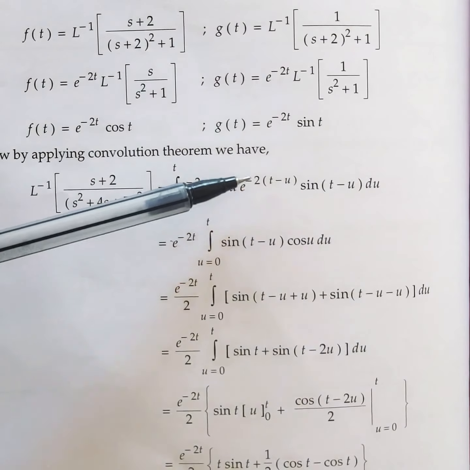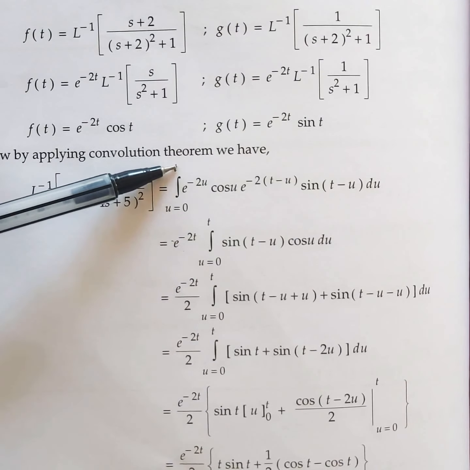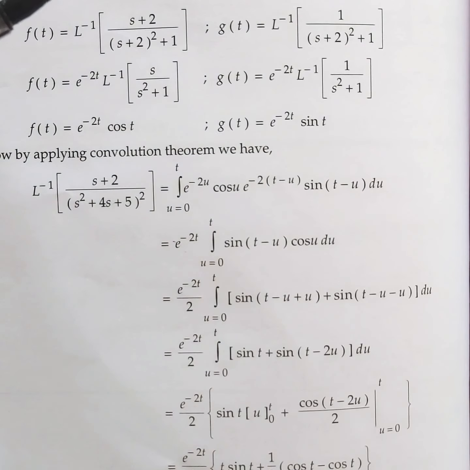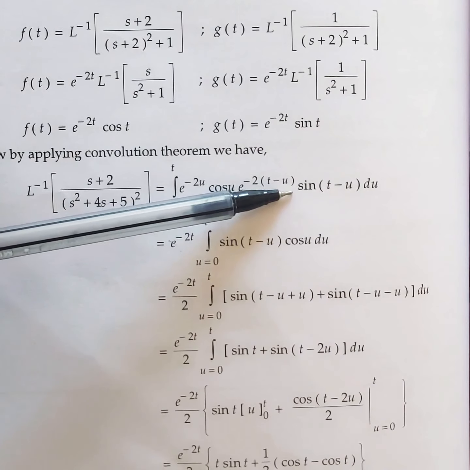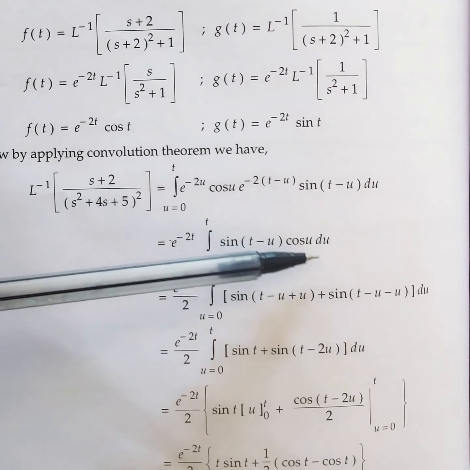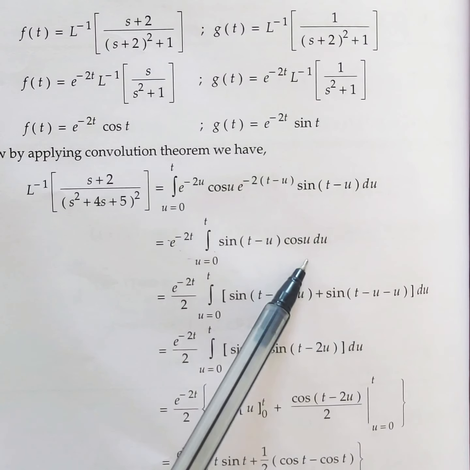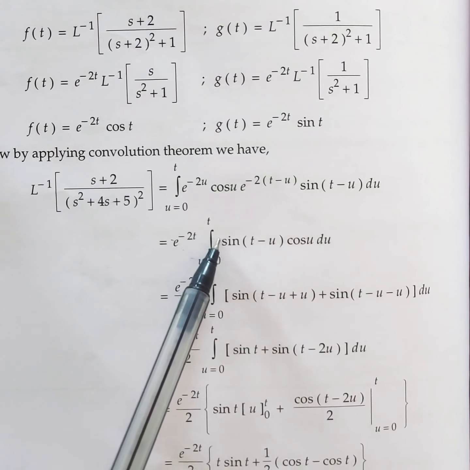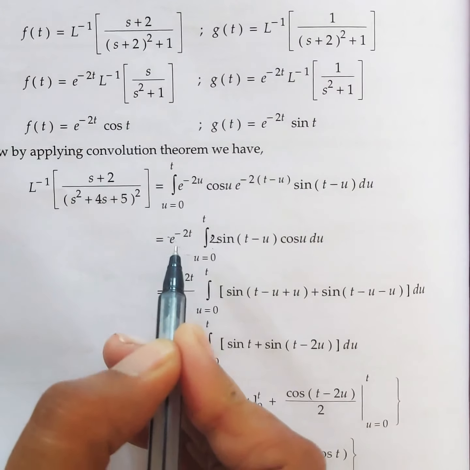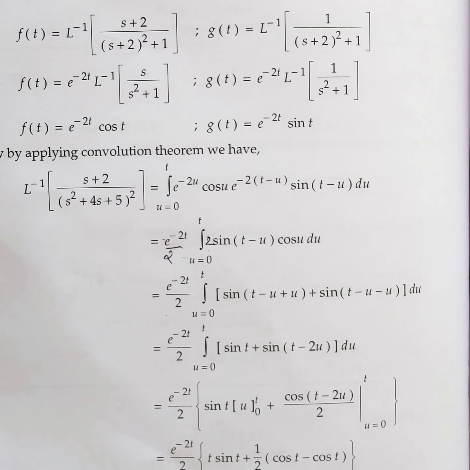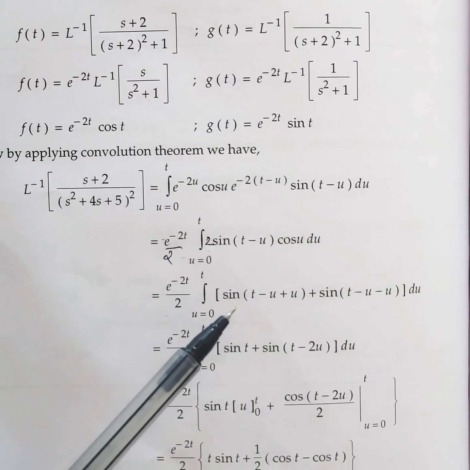And then what you will have left, e power plus 2u, already e power minus 2u is there, e power minus 2u plus 2u, e power 0, 1, it will vanish. See, the problem has shrunk so beautifully. So you have only two terms, sin of t minus u, cos u, du. So now you can use the formula 2 sin a cos b. So 2 is missing, multiply by 2, divide by 2. So multiplying by 2, I will keep it inside for formula, divide by 2, I will keep it outside. That's it. So now 2 sin a cos b formula we are going to use.